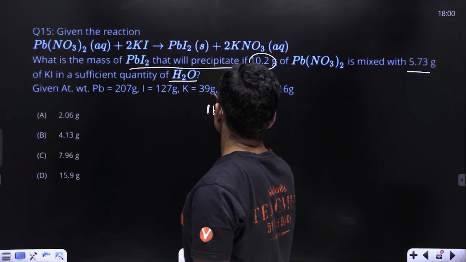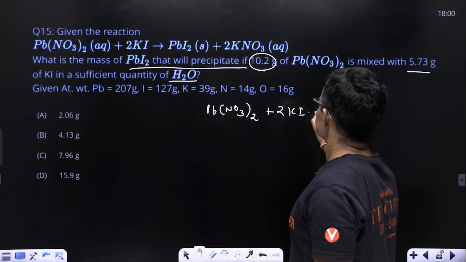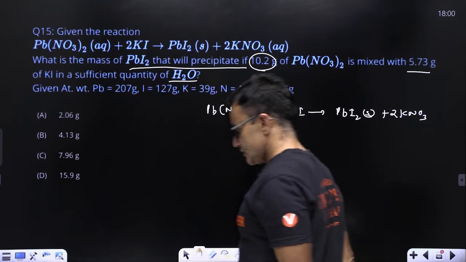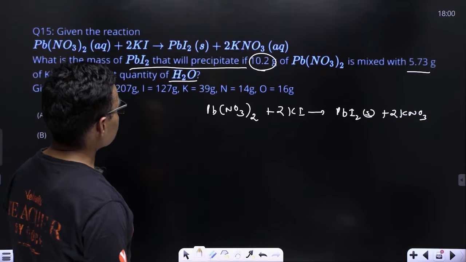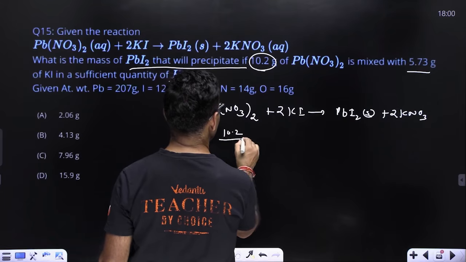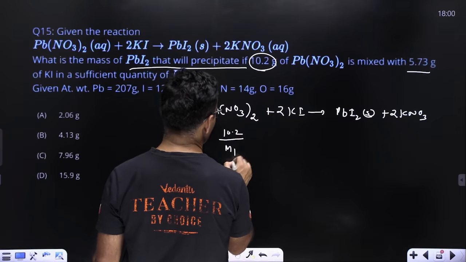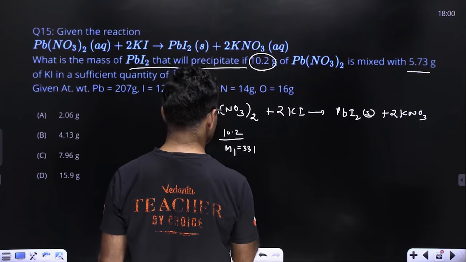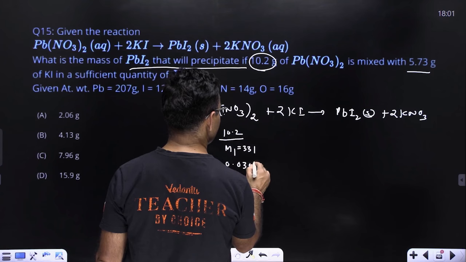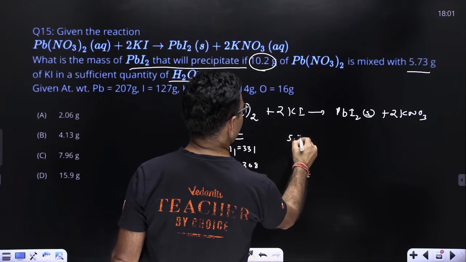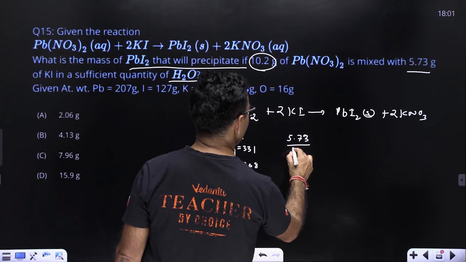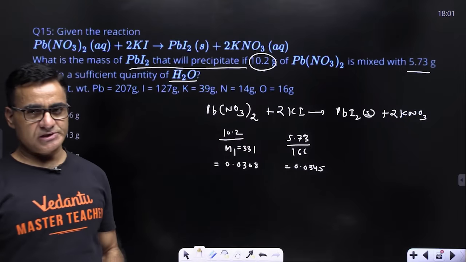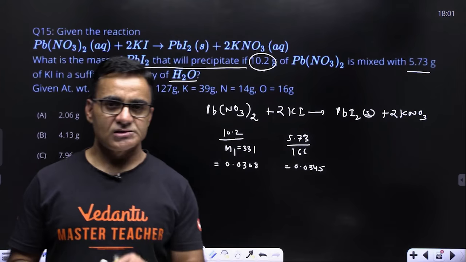ओके, एक बार रिएक्शन लिख लेता हूं मैं, Pb(NO3)2 + 2KI changing into PbI2 solid + 2KNO3। तो Pb(NO3)2 का मुझे मास दिया हुआ है 10.2 ग्राम और इसका मॉलिक्यूलर मास लगा दो आप। मॉलिक्यूलर मास को कुछ M1 मान लेता हूं, you can calculate and put the value, और ये वैल्यू I think this is 331, just check once, ये आ जाता है 0.0308। ऐसे KI का मॉलिक्यूलर मास 166 होगा, 5.73 है, this comes out in 0.0345।